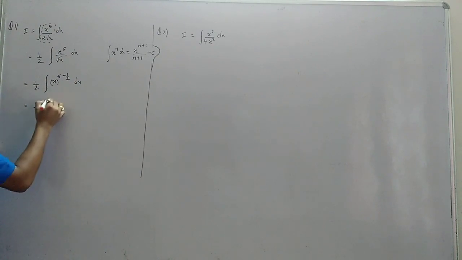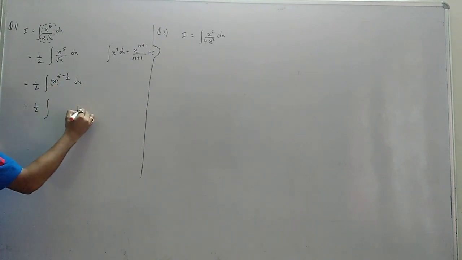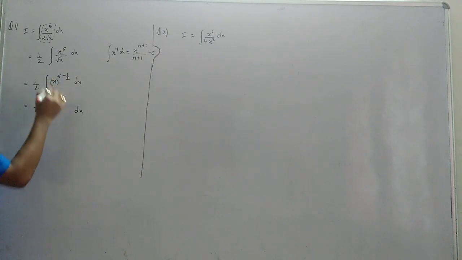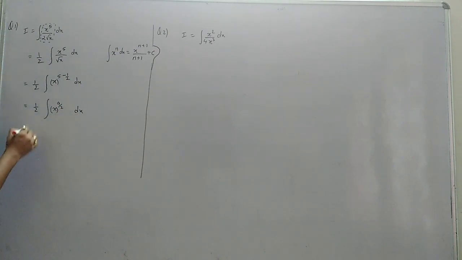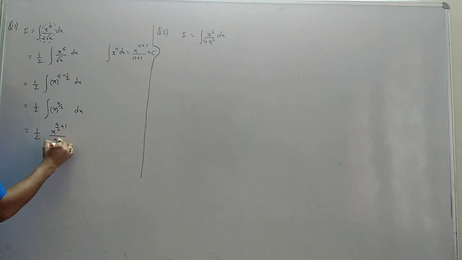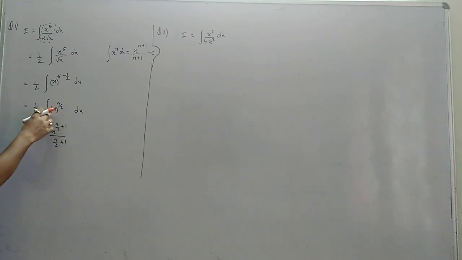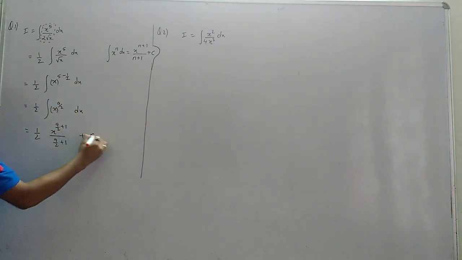Now again you have to take the fraction and simplify. So again the inside part I am simplifying. Integration will remain integration, dx will remain dx. This is 2 into 5, 10, minus 1, x to the power 9 by 2. Okay, now see, it's matching with the formula. Integration x to the power n dx, matching. Okay, so what is the formula? x to the power n plus 1 by n plus 1. Now see, we apply the formula. Integration gone, dx gone, plus c.